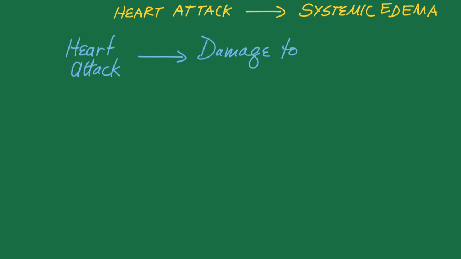Now let's imagine you have another patient, and this patient also has suffered a heart attack, but this patient has systemic edema as a result of this. Let's take a look at how a heart attack can lead to systemic edema. So here we have it, heart attack. So the damage would be on the right side, damage to the right ventricle,